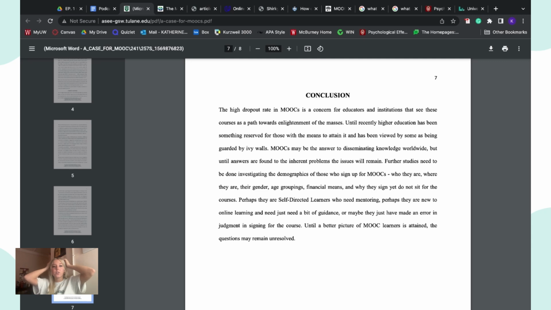In the article here, they also mention the high dropout rates of MOOCs and how that is a concern, and how the dropout rates kind of go against the idea that MOOCs are a path towards enlightenment of the masses. I really like that phrase. It's good. I like that they put it in there. And a counter argument to what I said previously. Well, this also just pertains to what I was saying earlier, but